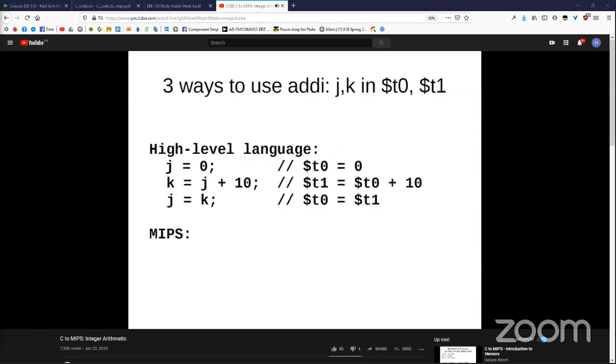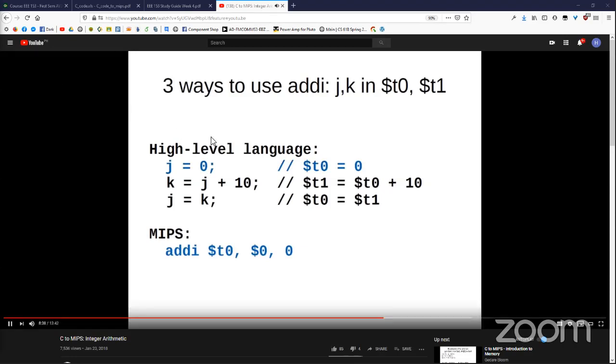So assuming that the variables j and k are allocated to the registers $T0 and $T1, in a high-level language we may have these three expressions. J equals 0, initializing the value of j to 0. K equals j plus 10, just an addition of a constant number to a variable, stored in another. And then j equals k, which is the copying of a variable, or copying from one register to another. The first expression, the initialization, is done with an addi of the destination register, $T0, with the